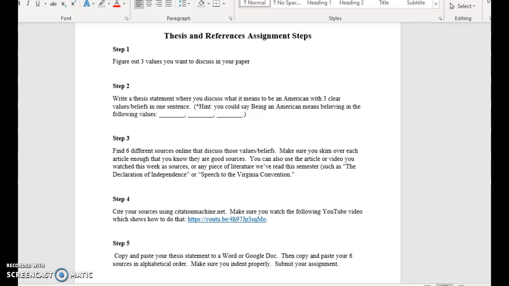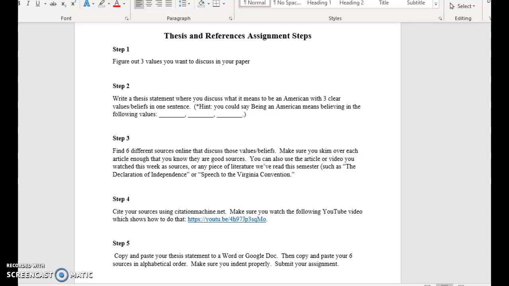So you can use the article or video that you watched this week as sources if you want to about what it means to be an American. If you thought anything in that was useful, or if you're using any of those values or beliefs that was listed in that article, that is fine. You can also cite pieces of literature that we have read this semester.